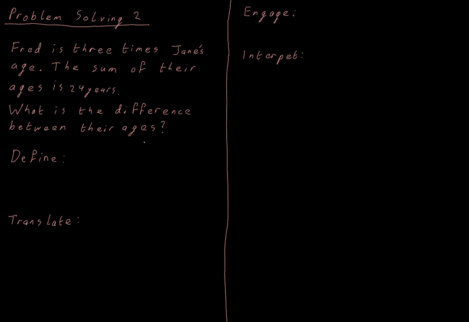We need a way to define what we've been asked for. So what is the difference between their ages? I'm looking for the difference between Fred's age and Jane's age. So I need to be able to talk about Fred's age and Jane's age fairly easily. So let's do our regular trick of labeling things instead of having to write out Fred's age all the time and Jane's age all the time. We want to be able to abbreviate or to make shorter what we're talking about so we can get to the thinking part. So Fred's age